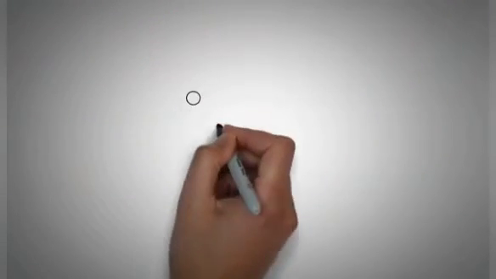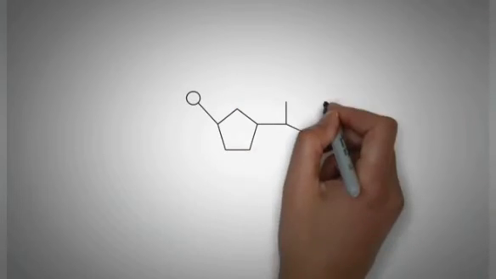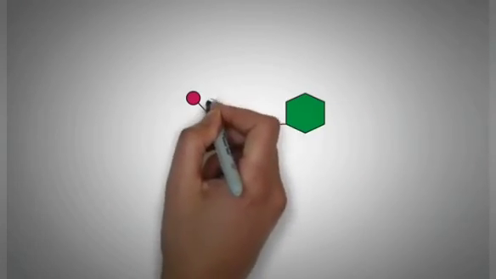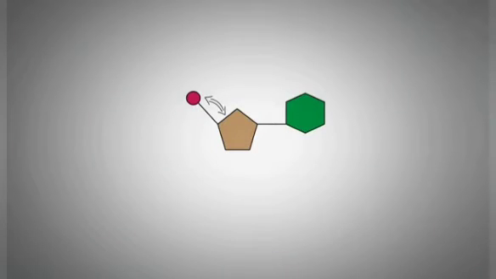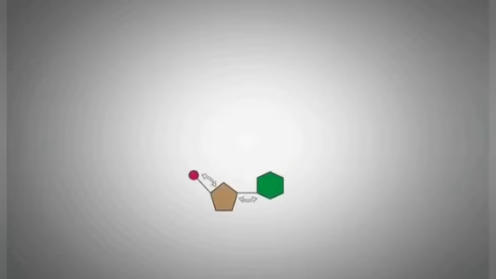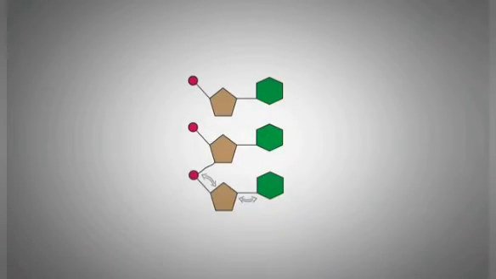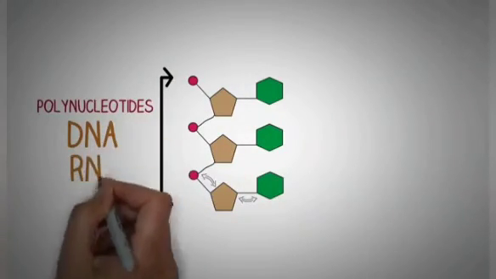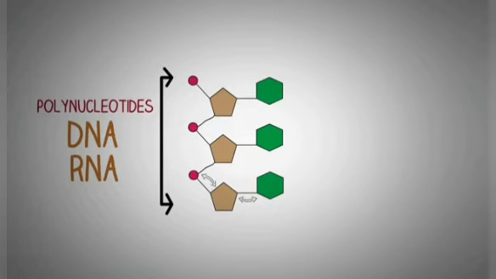So now you know the individual structures which are present in a single nucleotide. Next we will look at how these individual structures bond to each other to form a single nucleotide, and then we will look at how many nucleotides bind to each other to form a chain of nucleotides, which is called a polynucleotide, which can be either DNA or the RNA.